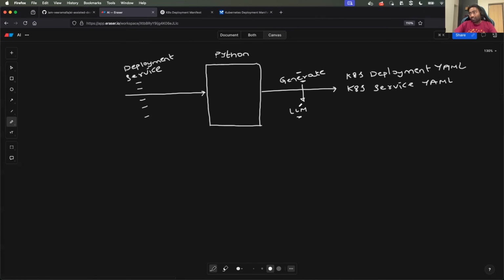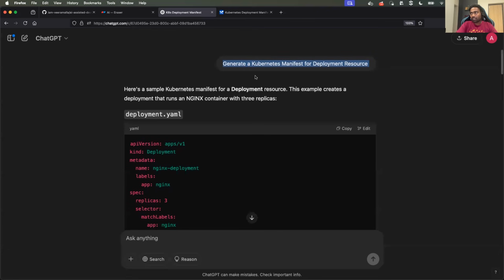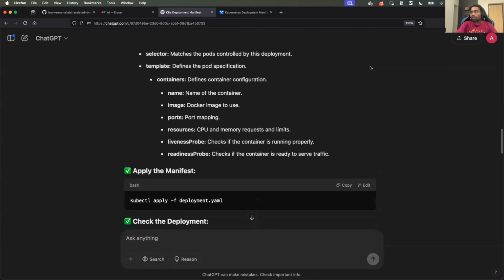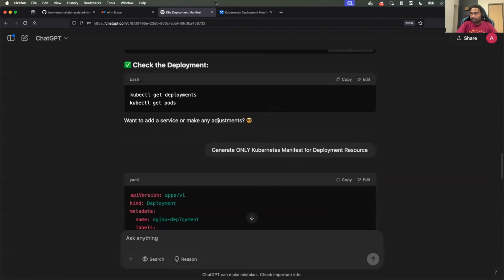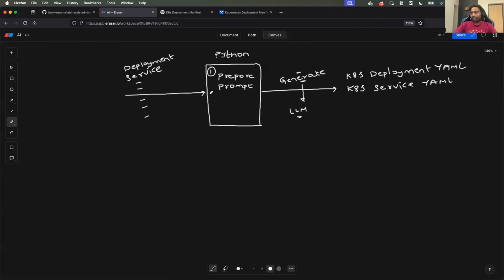Now, okay, you might use a large language model, but how do you actually prepare this Python script? How do you automate this process? You can do it in 2 steps, right? Step 1, you can prepare the prompt, just like how we prepared in the previous example for the deployment manifest. You can either prepare this prompt or you can prepare this prompt. Then once the prompt is prepared, you will make an API call to the large language model because that can